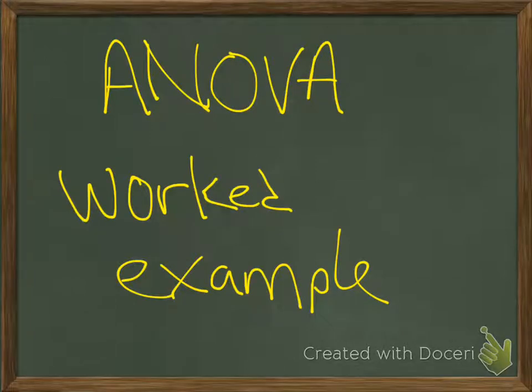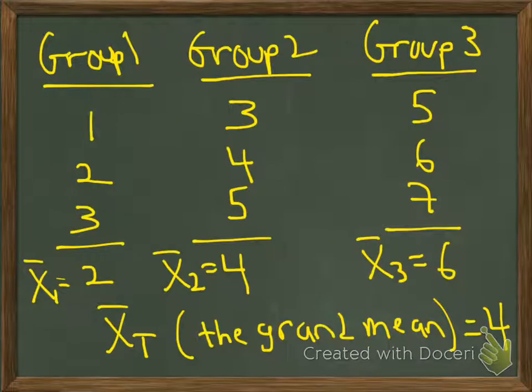Alright, so here's a worked example of a one-way ANOVA, and we're going to do a really simple example where we have three groups, and these are the scores. Each group has three people in it, and these are the scores for each person in each group, and their